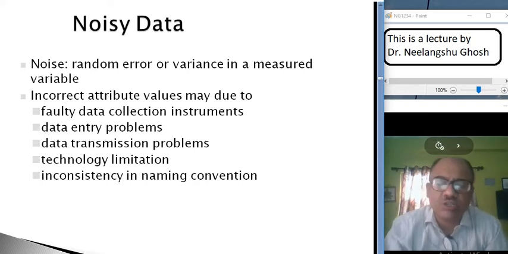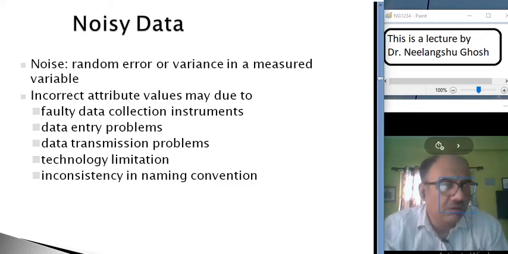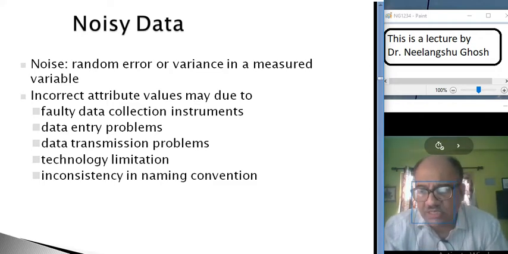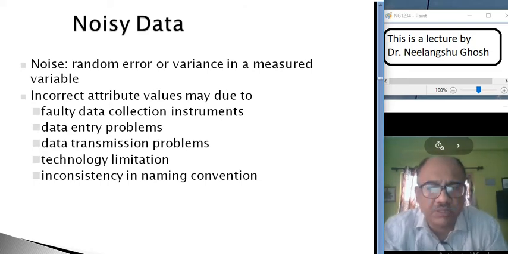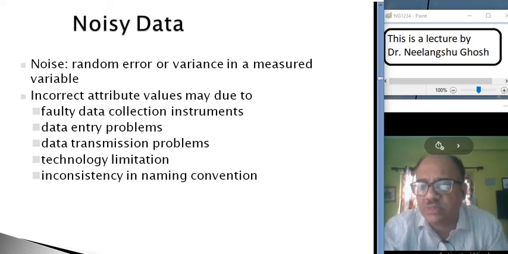There could be technology limitations, like the example I've said: while working on your laptop or desktop, suddenly the system hangs, so the data could not be saved. That is quite possible.